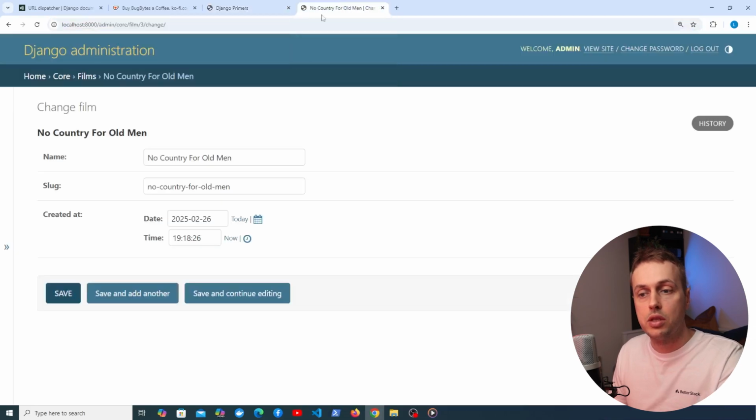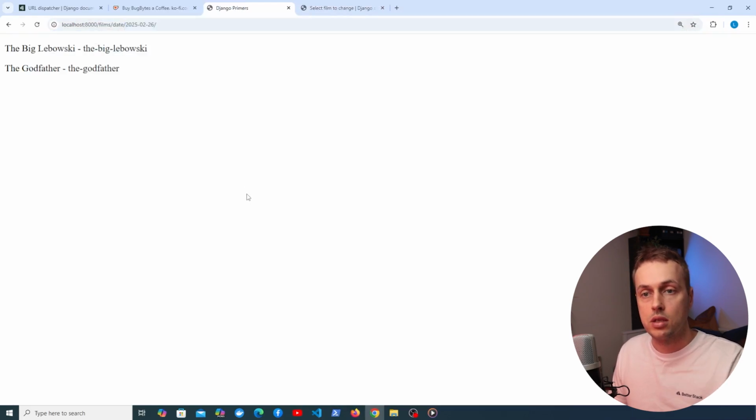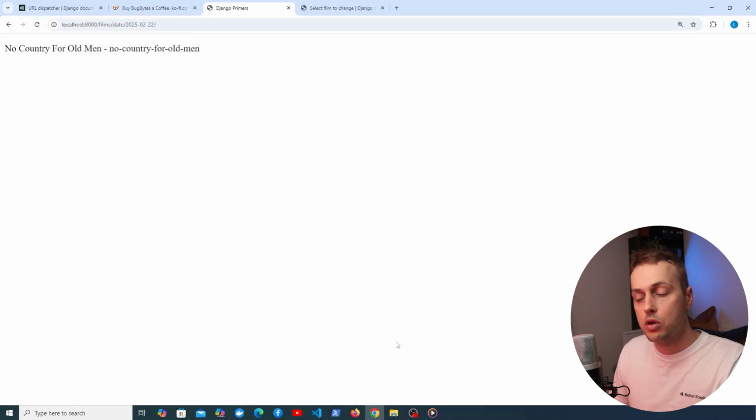Now if I go to the admin UI and let's change No Country for Old Men to a different date of the 22nd, when we save that and go back to this page, you can see that when we refresh this content, we no longer get No Country for Old Men. If we change the URL parameter to the 22nd, then we do get back that movie, and the reason for that,